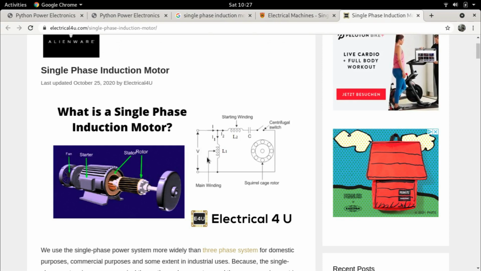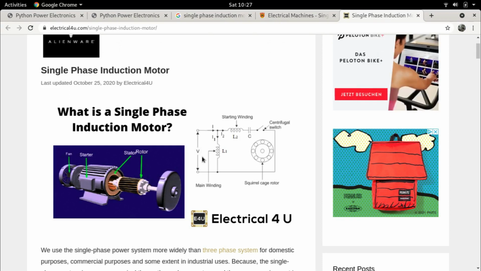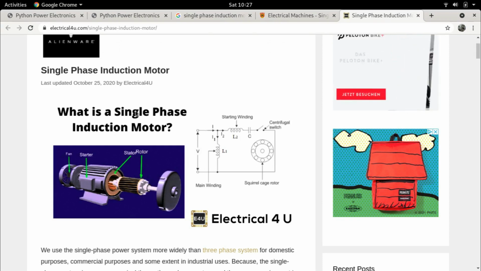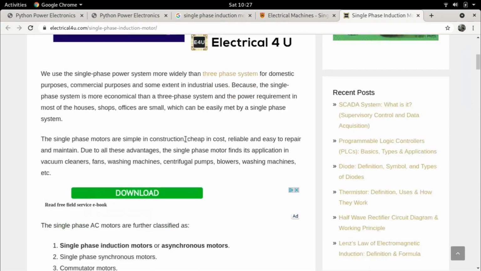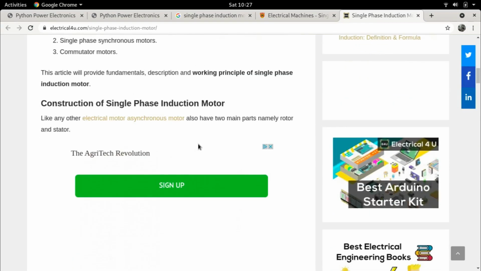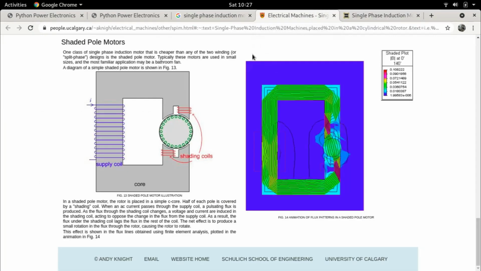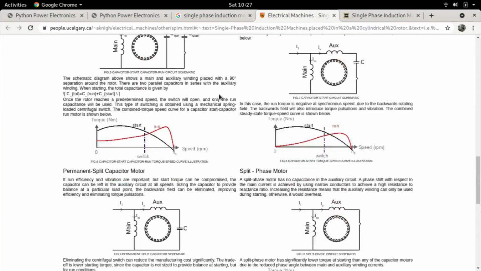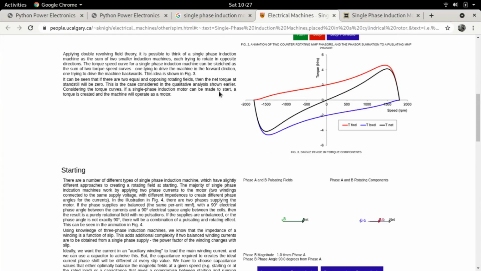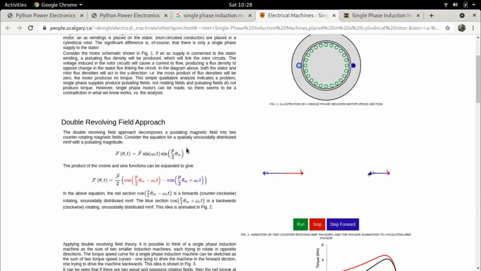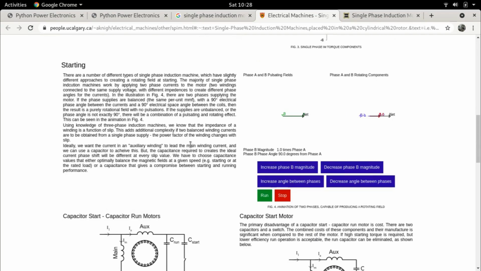So this is the basic information of a single phase induction motor, and as I said, I would strongly advise that you go ahead and read some of these. Like I said, there are lots and lots of details. Most importantly, get a little familiar with some of these equations. Most of these equations are basic equations which we will look into, such as KVL, basics of Faraday's law, and several others.